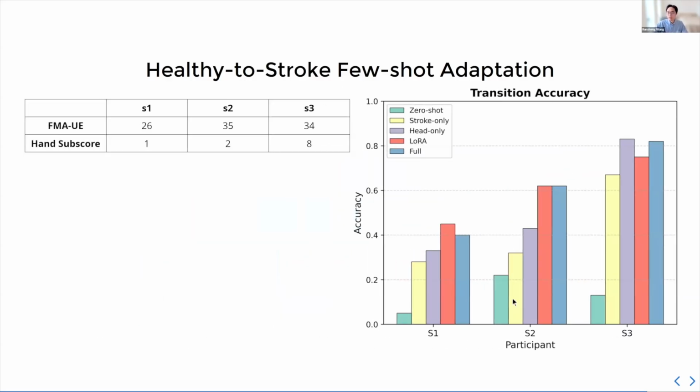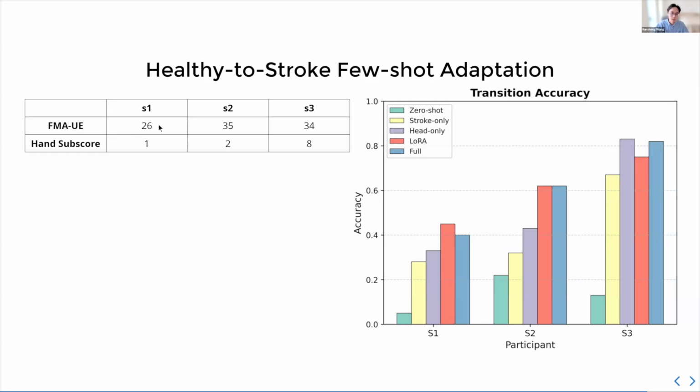And if I may interpret this a little bit, the performance gain actually corresponds to how impaired you are as a stroke subject. With S3, on the very right, S3 is our most functioning subject, and no wonder you get the highest accuracy.